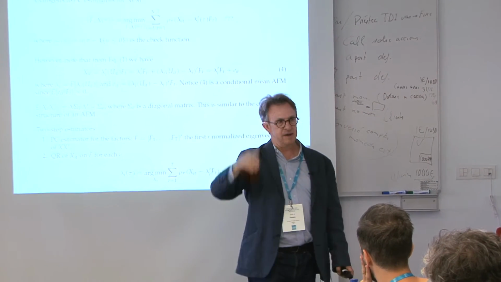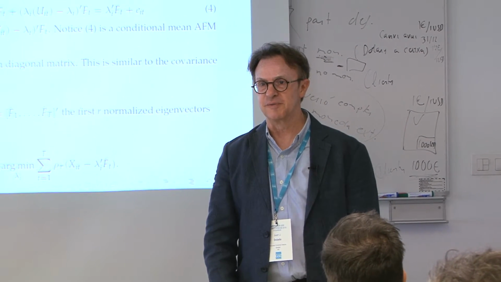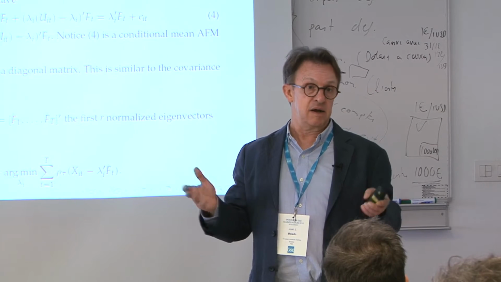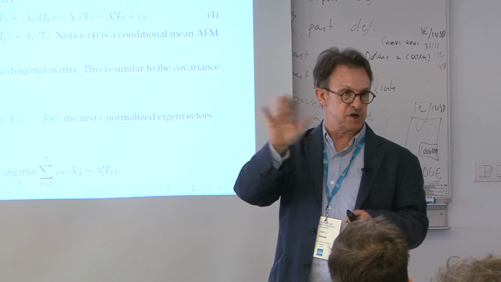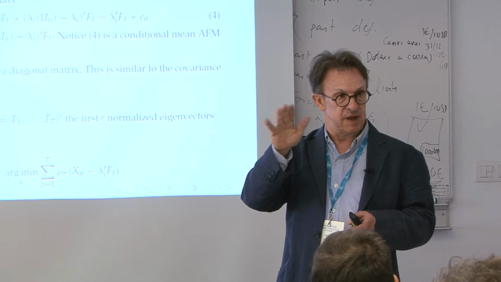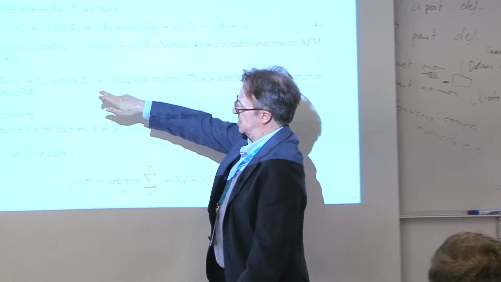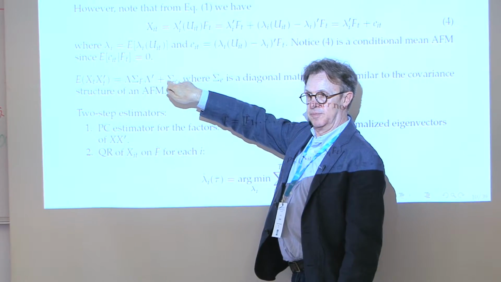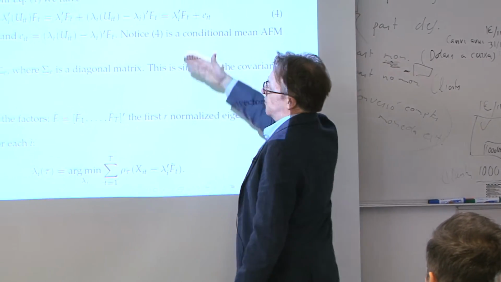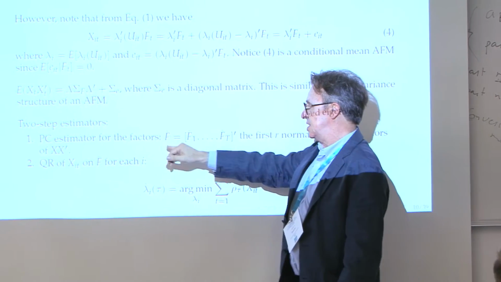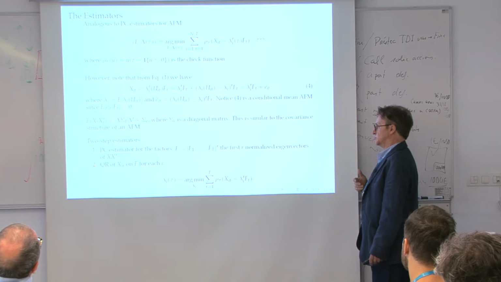So we are back like in the old Chamberlain-Rothschild representation. But unlike the Bai-Ng type of setup, where you allow for cross-sectional and even sometimes serial correlations, this representation implies stronger conditions than the standard one. So from here, the natural procedure, as I said, would be just to take principal components for the factors and